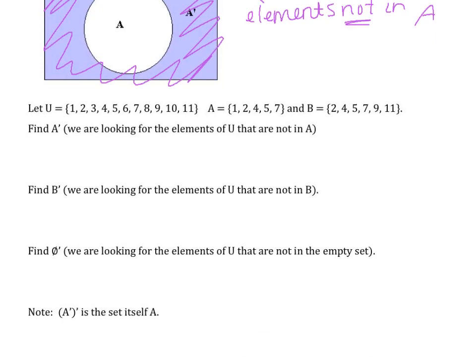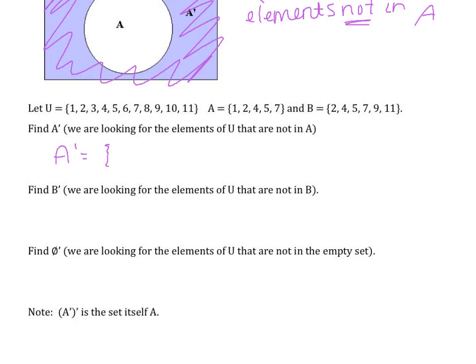So let's practice this. Let's say the universal set contains the numbers 1 through 11. We have a set A that has 1, 2, 3, 5, and 7, and set B that is 2, 4, 5, 7, 9, and 11. Find A prime. So the complement of A, meaning we are looking for the elements that are in the universal set that are not in A. So A prime is equal to,